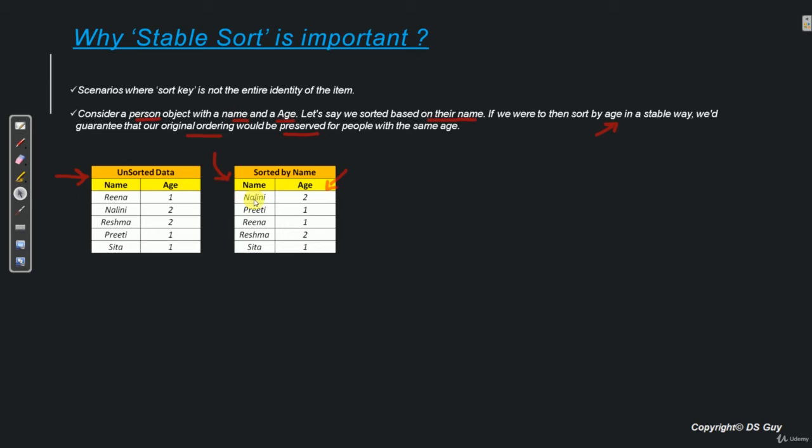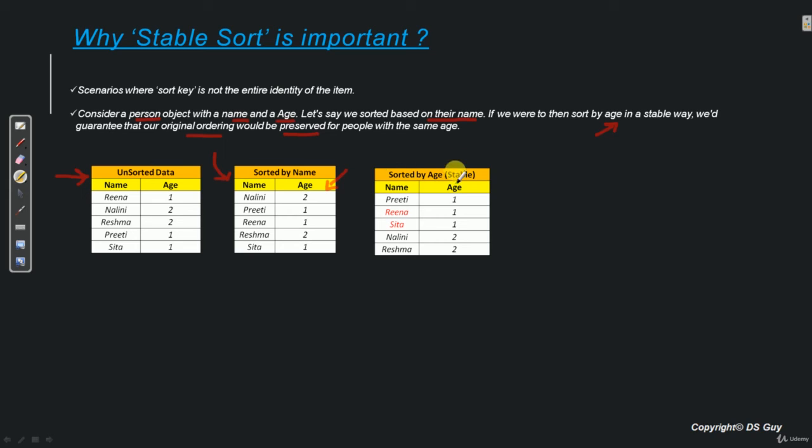So let's see how this data will look after sorting on age. If we have done the sorting on age and the sorting is a stable one, then this is how it will look. That is, we see that the age is now in sorted order, and the names are also preserving the original sequence. Whichever names were associated with the same age remain in the same order as the original order.